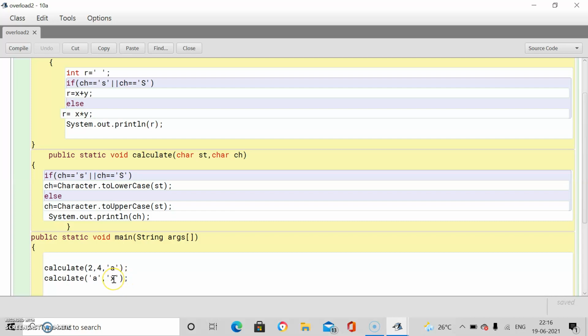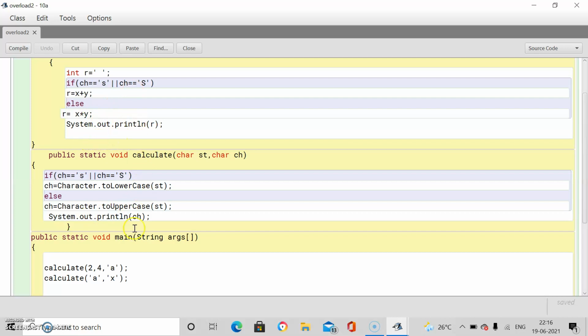But here, as x is there, the character value is not small s or capital S, so st will be converted to uppercase. That is, small a will be converted to uppercase. So capital A will be there.